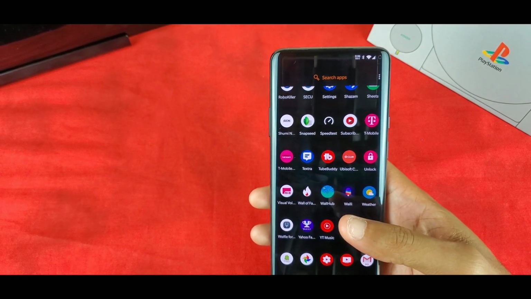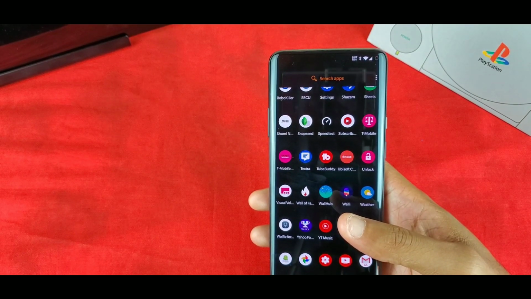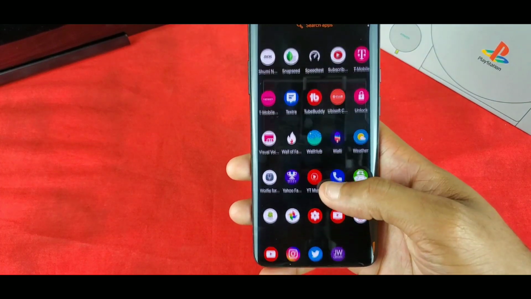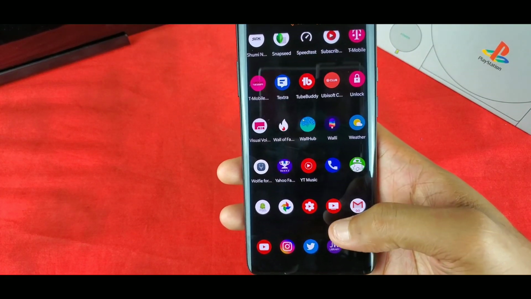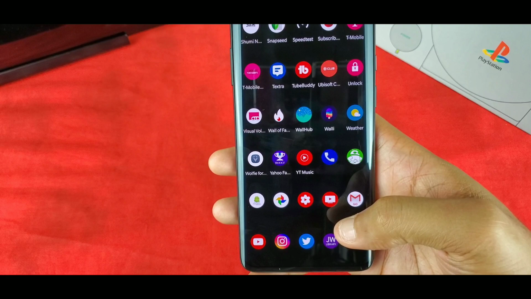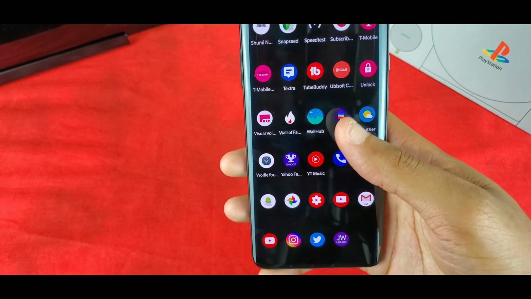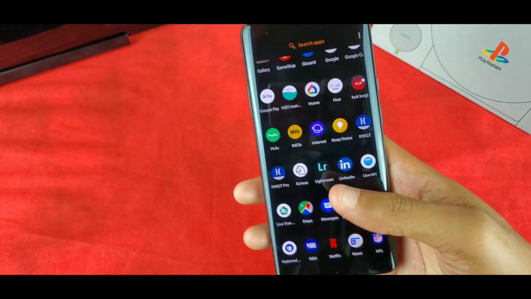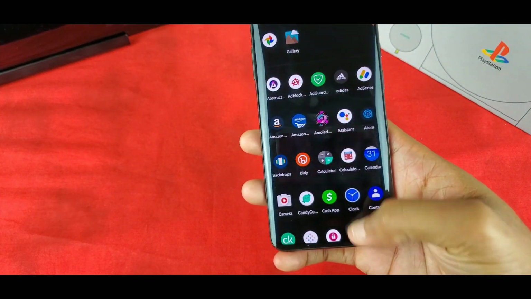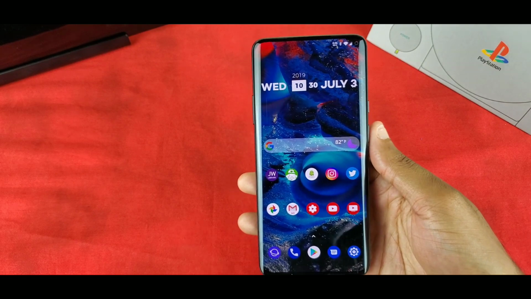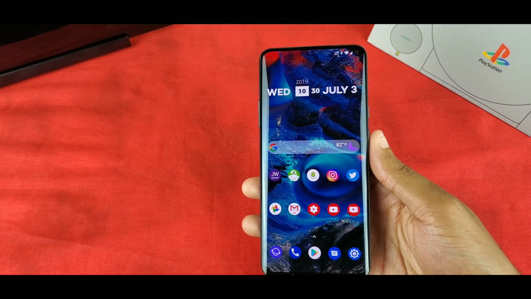I know on the Samsung Galaxy phones, it's real easy to unlock your phone once you've paid it in full or whatever. Yahoo Sports for fantasy. And that's okay. Twitter, I said Twitter. And visual voicemail for T-Mobile as well, so I can read or just go in there instead of having to call my voicemail. So that's pretty much my setup of the OnePlus 7 Pro, the apps I'm using, and some